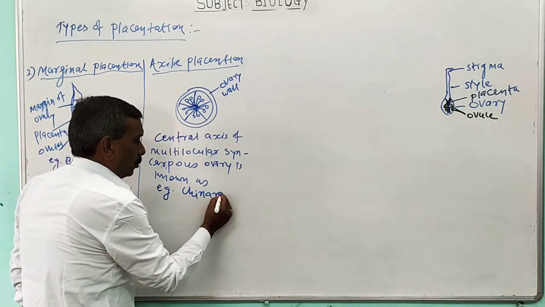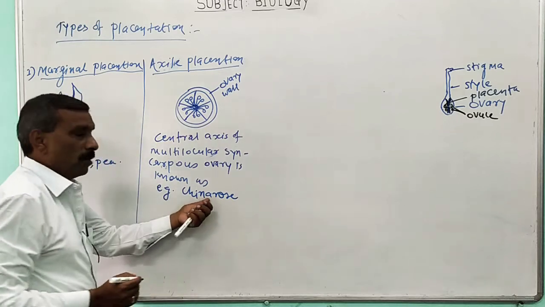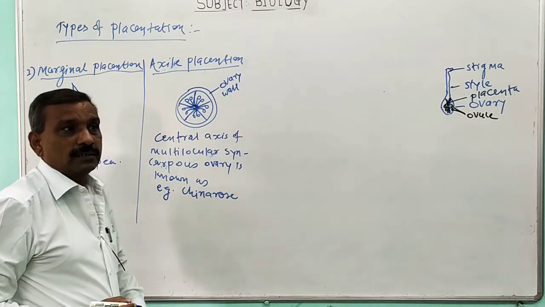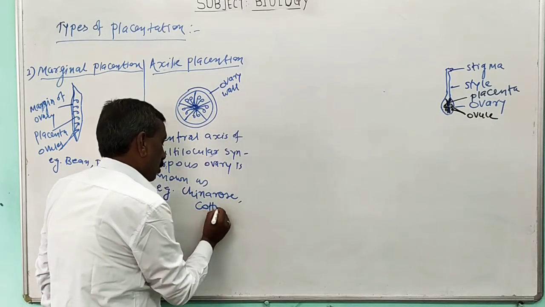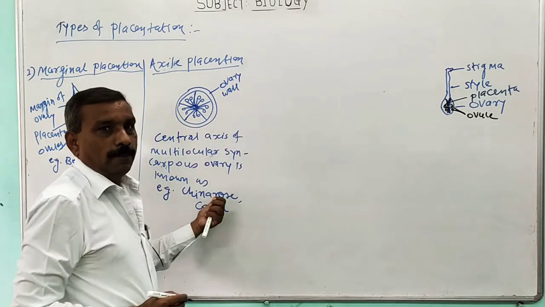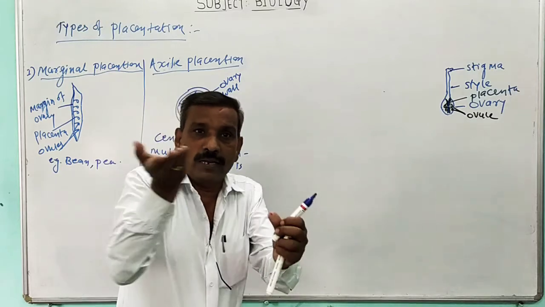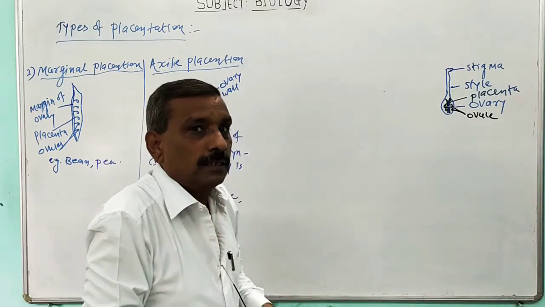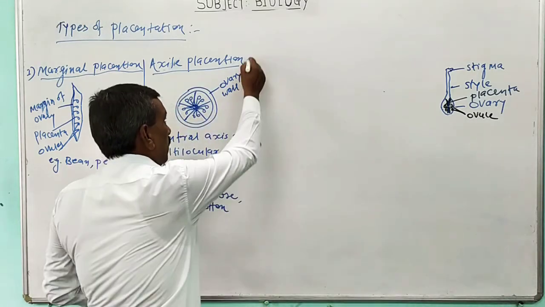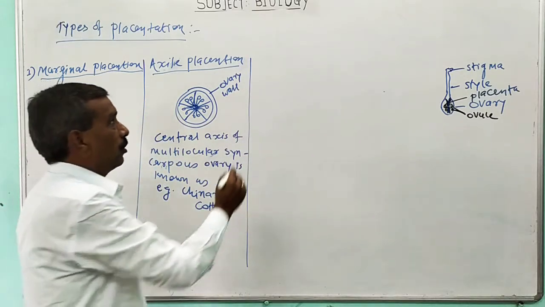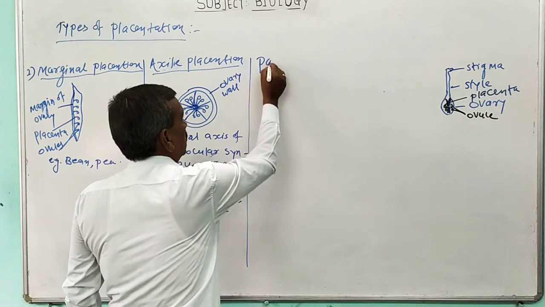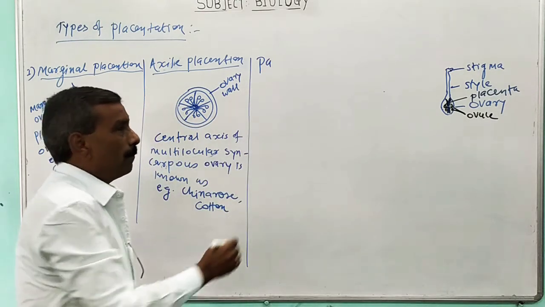Now, an example you may observe in nature is China rose. China rose या वनस्पतीमध्ये जर तुम्ही पाहिला तर तुम्हाला axial placentation मिळेल. नेक्स्ट एक्झाम्पल इज अ कॉटन, म्हणजे कपाशी या वनस्पतीचं जर तुम्ही फ्रूट पाहिलं कट करून तर त्यामध्ये तुम्हाला कोणतं प्लासेंटेशन मिळेल? axial placentation मिळेल. Now the next type of placentation which we are going to study is known as parietal placentation.